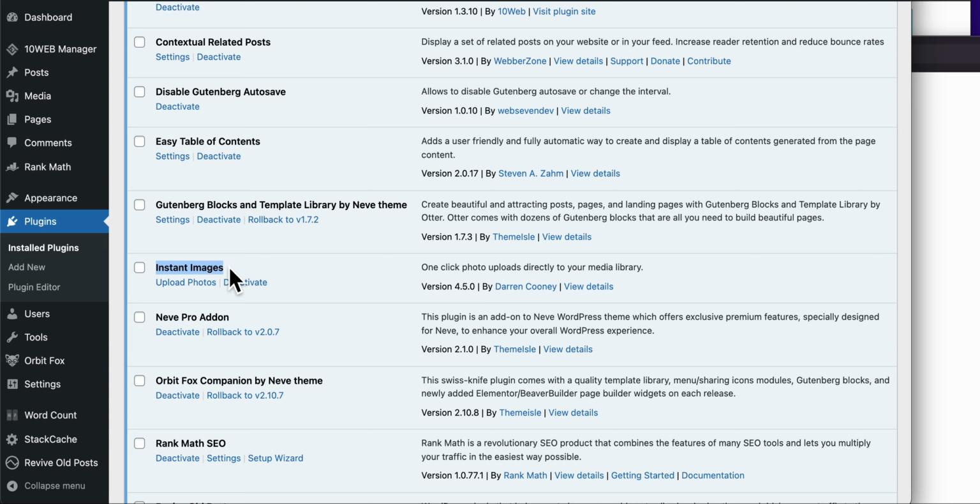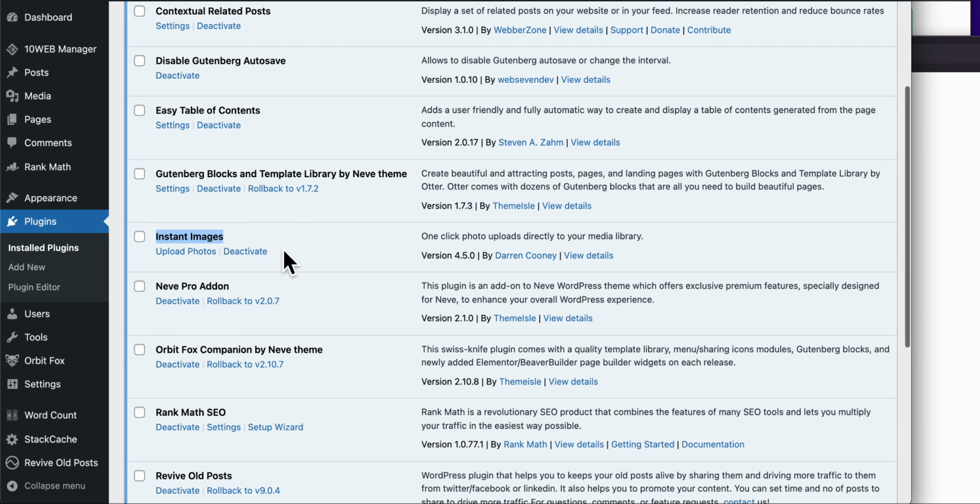Instant Images is where I get all of my images right on Gutenberg, but you could use Pixabay, Pexels.com, and then other paid photo websites where you could pull in pictures and then upload it yourself. But with this one, you could actually get your images onto your site really quickly, and I'll show you how to do that in the next videos.